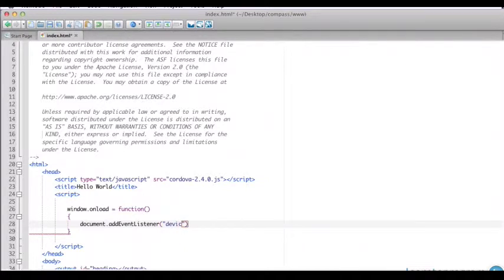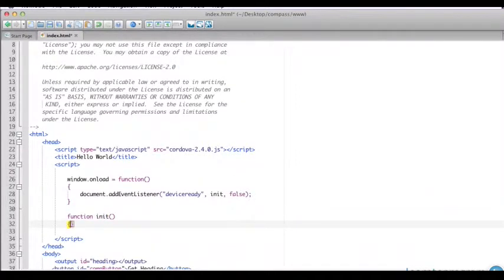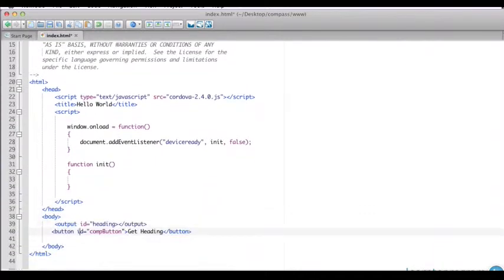So when the device ready event occurs, we're going to call a function named init, and I'll set the last attribute to false. Here in the init function, we've got to grab that button we just created